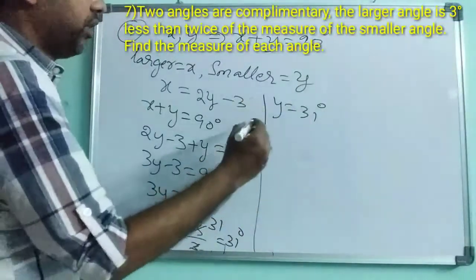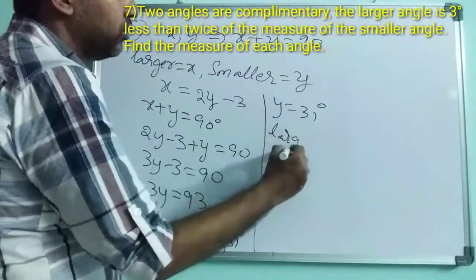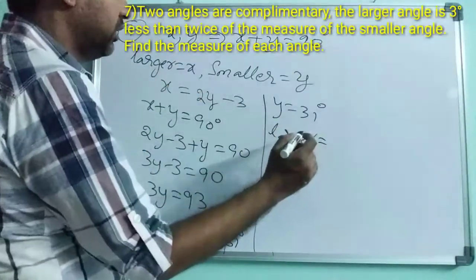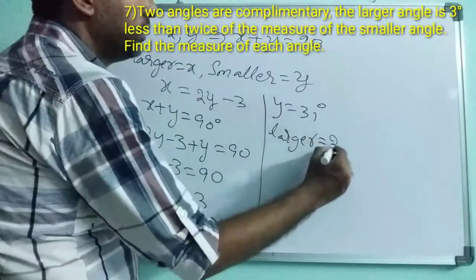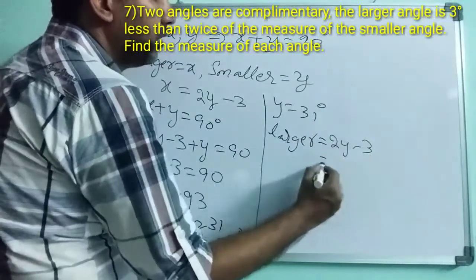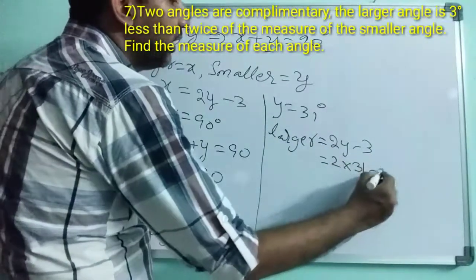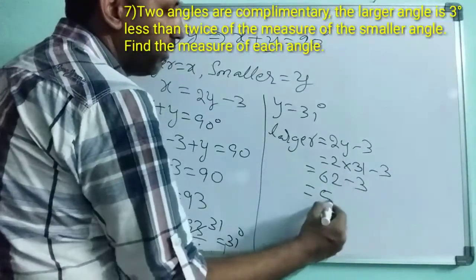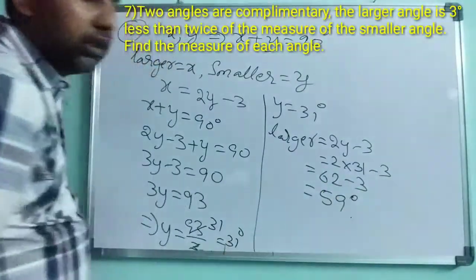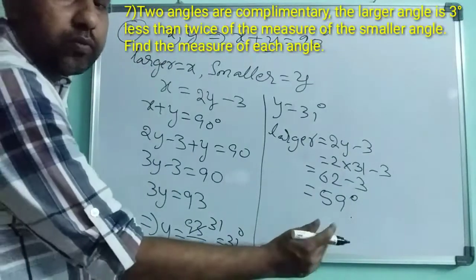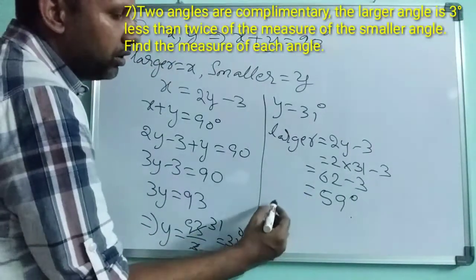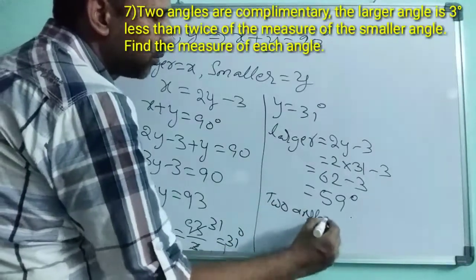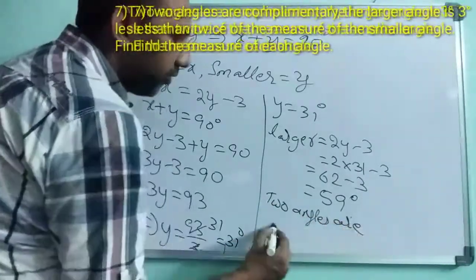So we have to find the larger. Larger x is equal to 2y minus 3. 2 into 31 minus 3. 2 into 31 is 62. 62 minus 3 is 59 degrees. So finally what can we conclude? The two angles are 59 degrees,